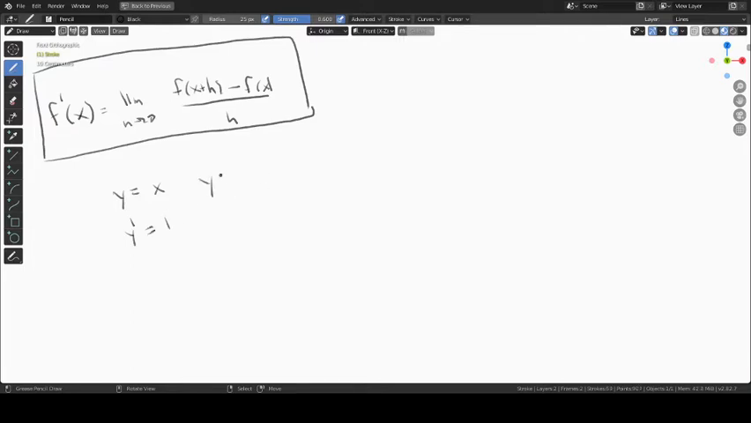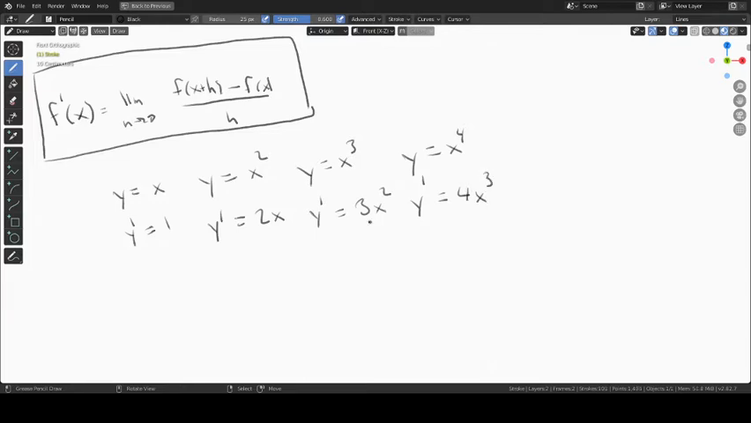Suppose you got y equals x squared. You plug that into your formula up here, you would get that y prime is equal to 2x. If you have y equals x cubed, you will get that y prime is equal to 3x squared. And if you continue with the same pattern, you'll get that if y equals x to the fourth, your derivative is going to be